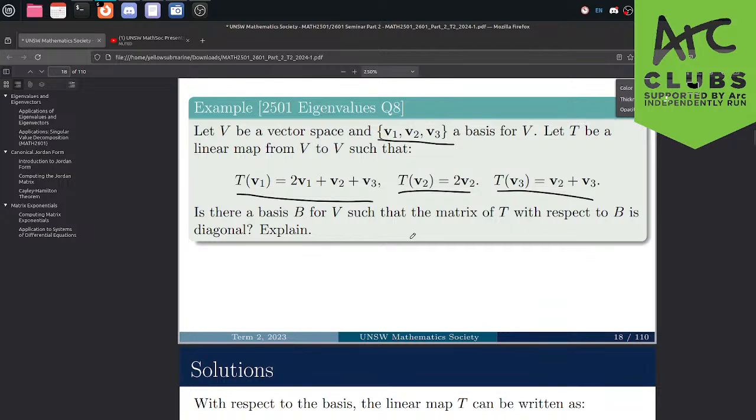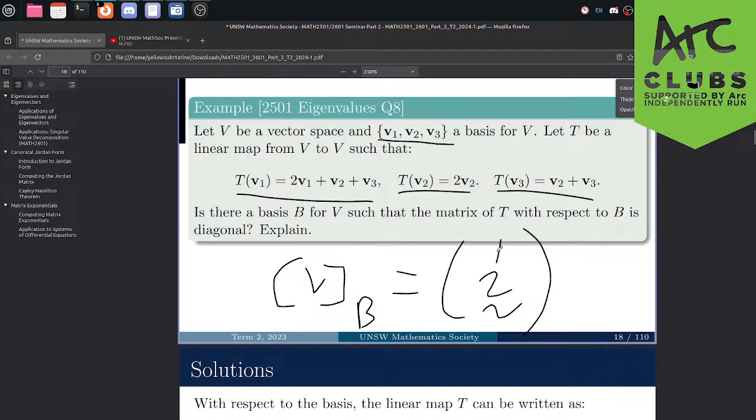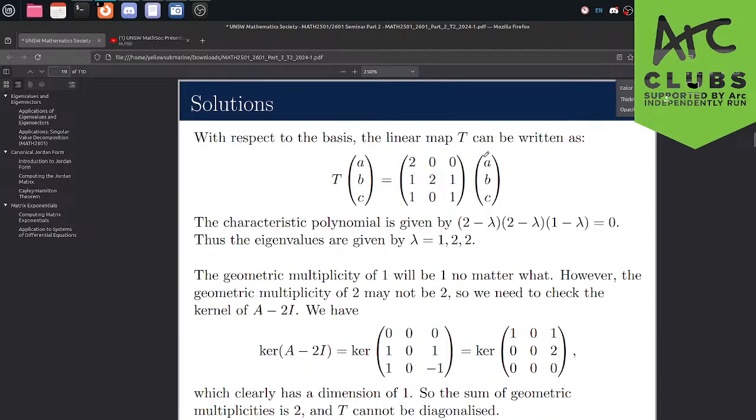So the way we would do this is, we note these rules, and we define a vector as being the coordinate vector on the basis B. So if we have something like 1, 2, 2, this represents having one combination of vector 1, two combinations of vector 2, and two combinations of vector 3. So we write the matrix with respect to B, right? So this part here is TB as such.